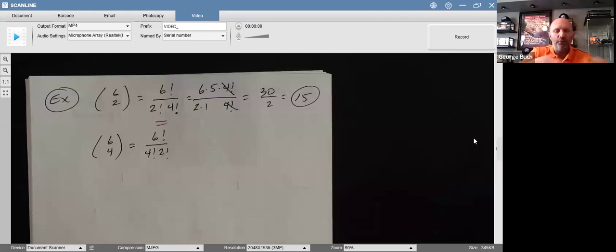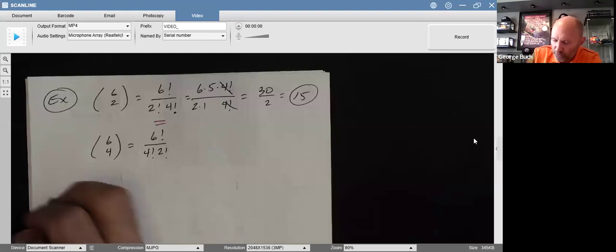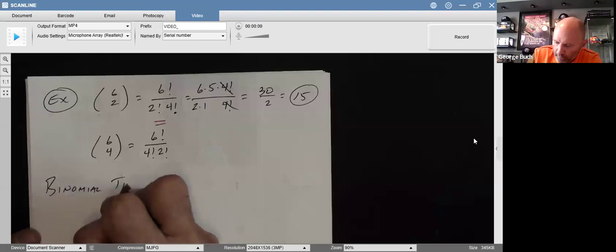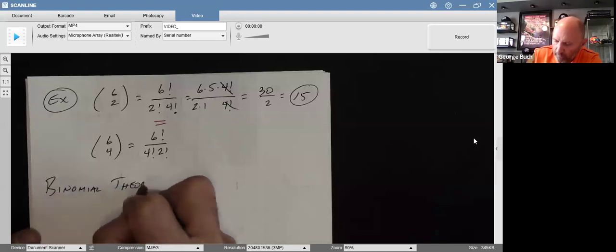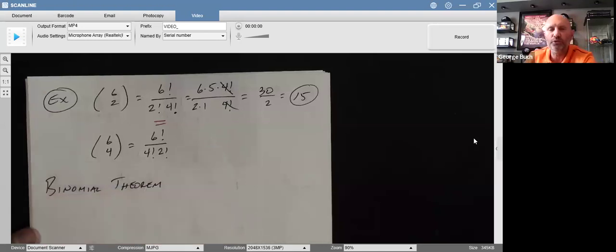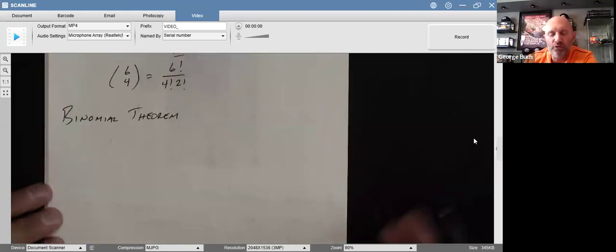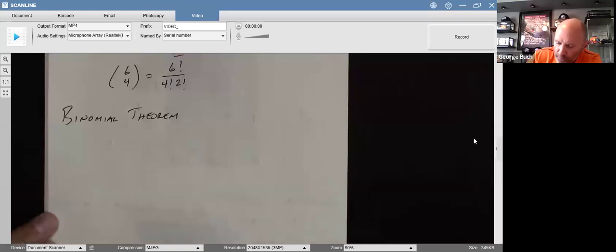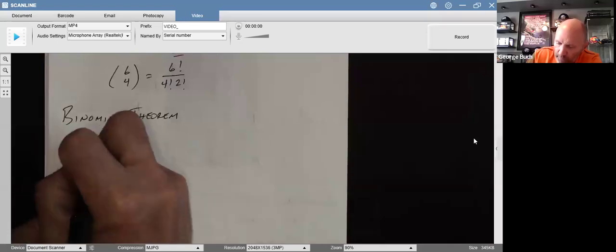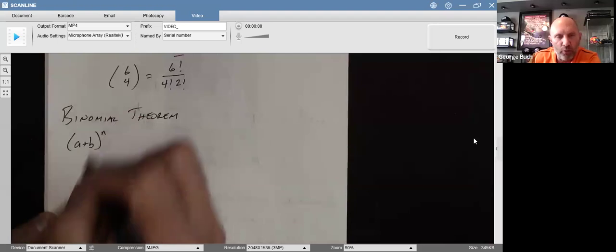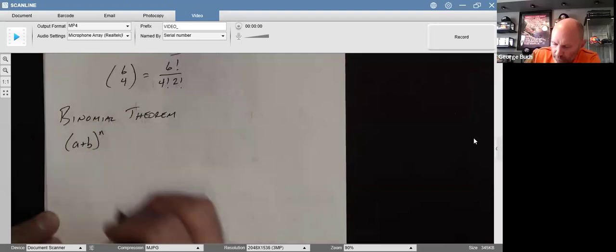All right, so we got through all of that. What does that lead us to? That leads us to the binomial theorem. And again, we're usually going to use this when the n value is so large that we can't really do Pascal's triangle. And so what the binomial theorem says is that a plus b to the n power is n